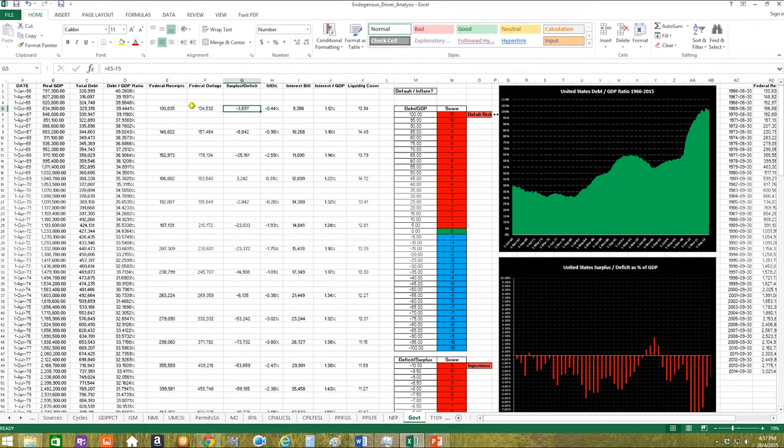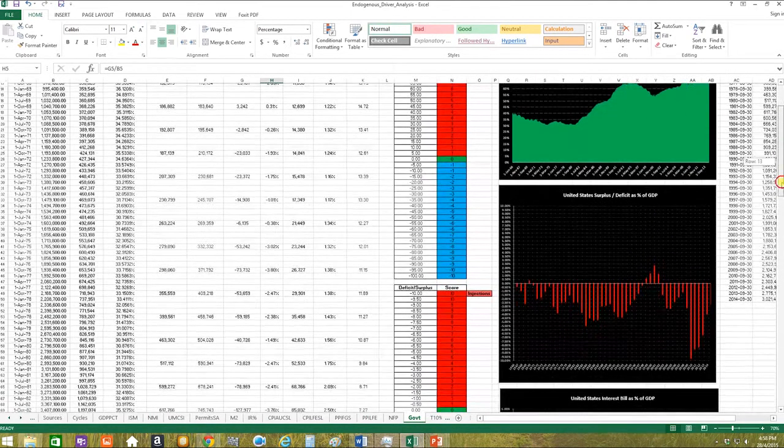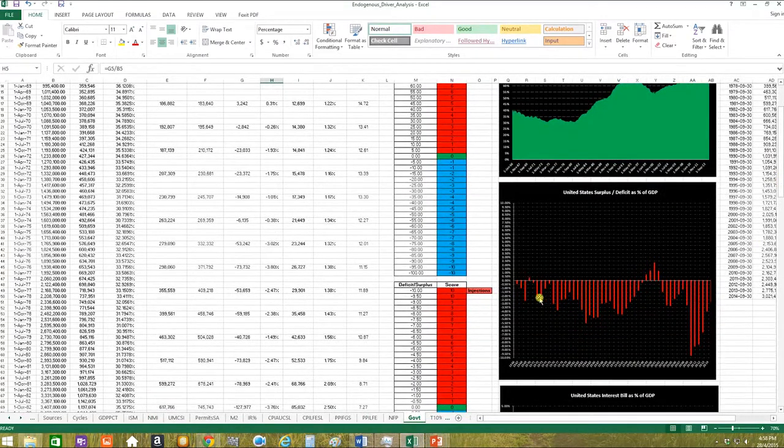And this, when we work it out backwards, is column E minus F. So it's the receipts of the government, tax receipts, minus the outlays, receipts minus outlays. So it's pretty straightforward how we work this out, and then we chart it here going back to 1966. And we can see for most of the time, the US government is actually running a deficit. It got very large as a percentage of GDP around 2010, 2011, and it started to come back to more long-term normal levels.